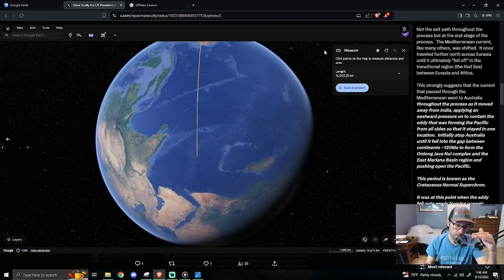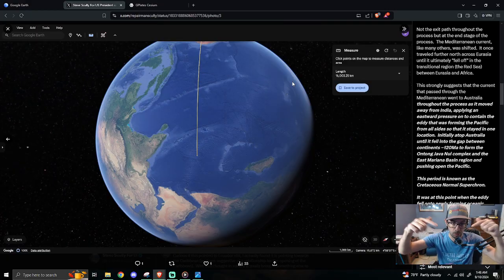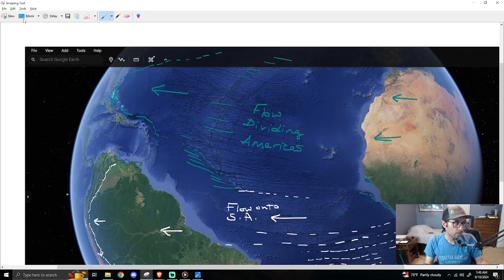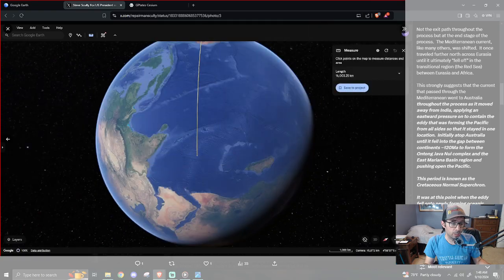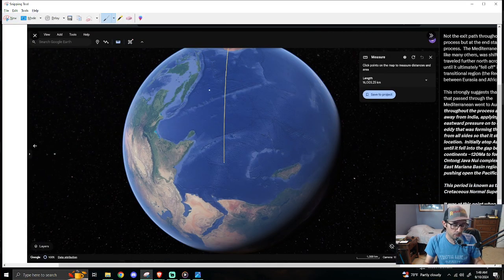Essentially this current was flowing into Australia, but then it continued to flow into Australia as Australia moved, and the flow repositioned its direction as Australia moved. Because essentially these flows are being caused by the pressures that are then changing. I have that saved, so whatever. We can just ignore everything here. I'm just gonna